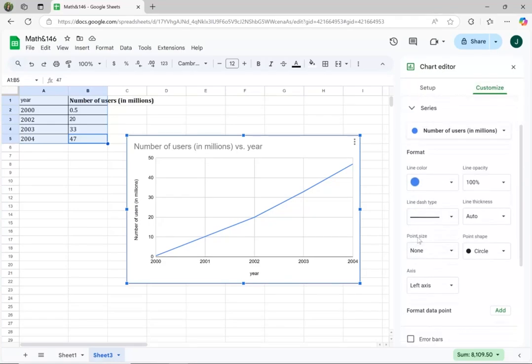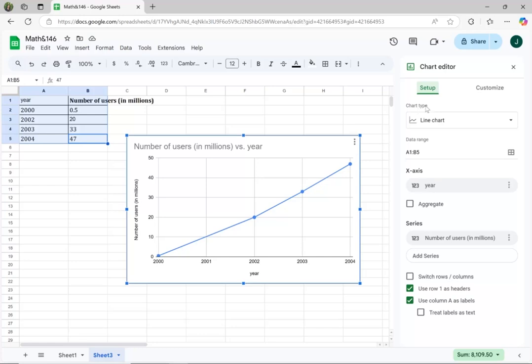And here, we're going to change the point size. Let's change it to, we can try 2. Maybe that's going to be too small. Let's try something bigger. You can also try 7. Let's do 7. Now you can see the points. This is what you want. Again, when you're selecting the chart type, you need to select the line chart.